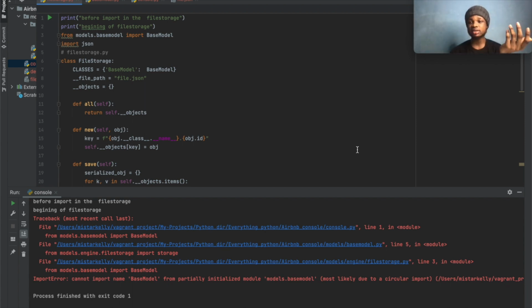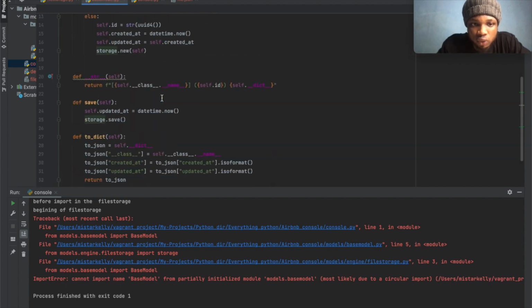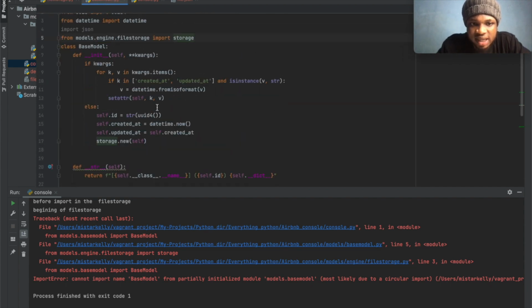Is it making sense? We are in the spirit of restructuring our project. So how can we fix that? We can read the trace back again and see the problem. So in this scenario, what can we actually do? Seeing that we only need the storage over here, we can say: